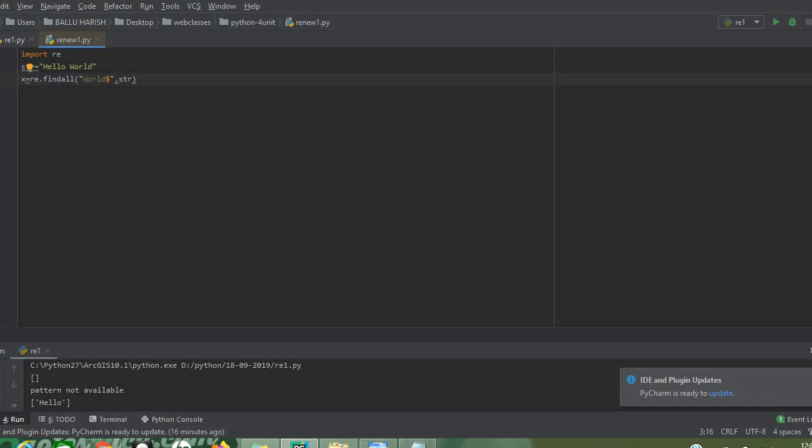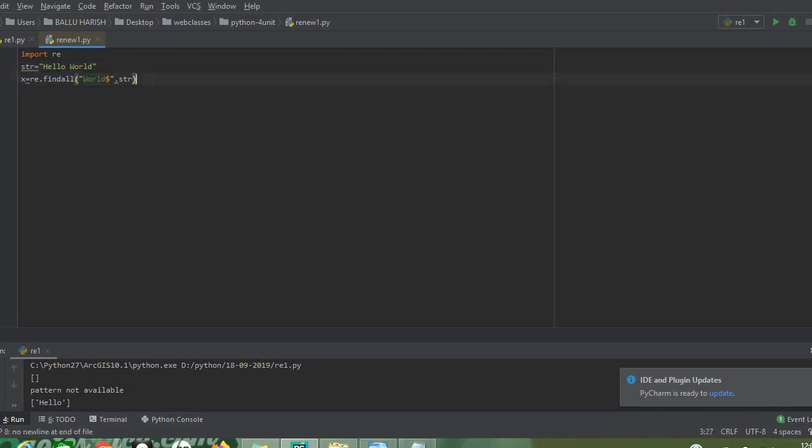To be more precise, we are going to check whether the string str is ending with world or not. Just have a look.